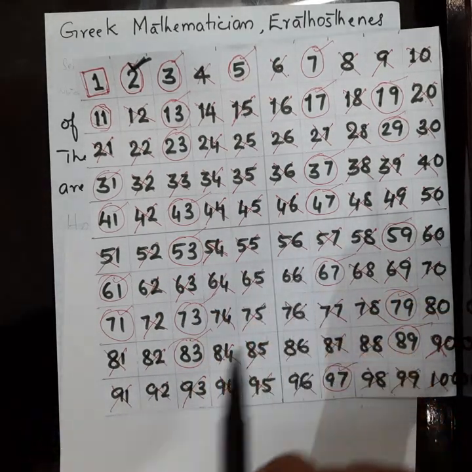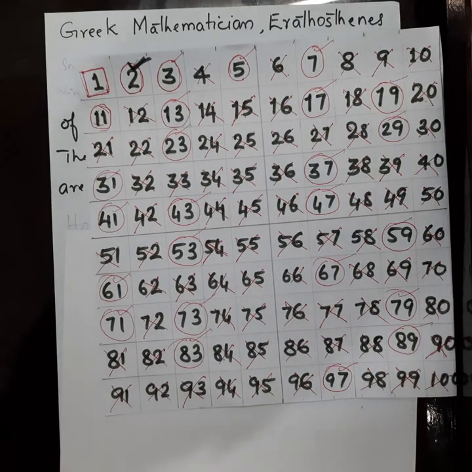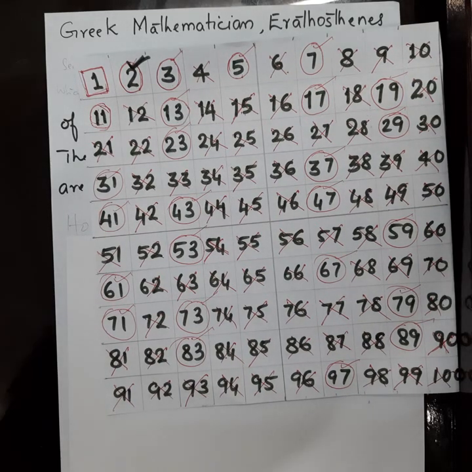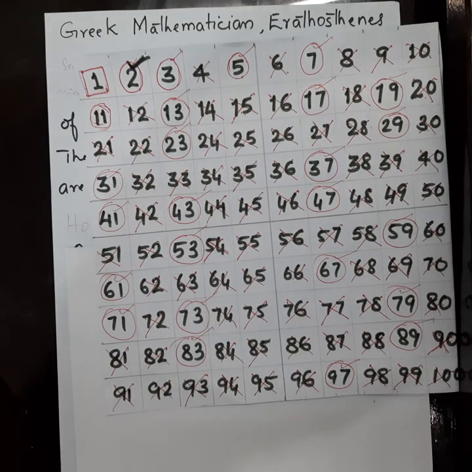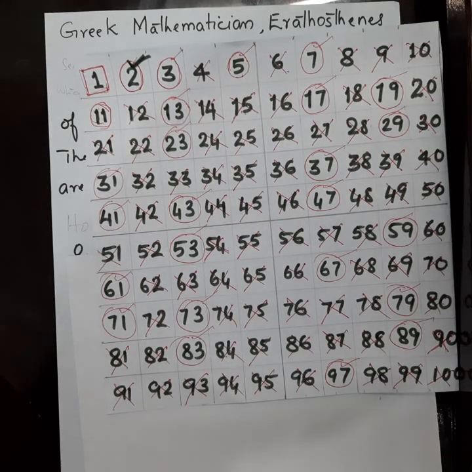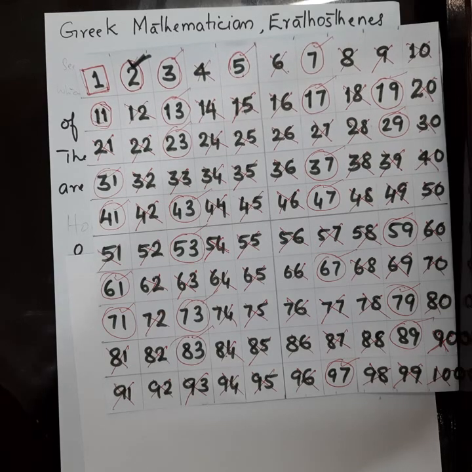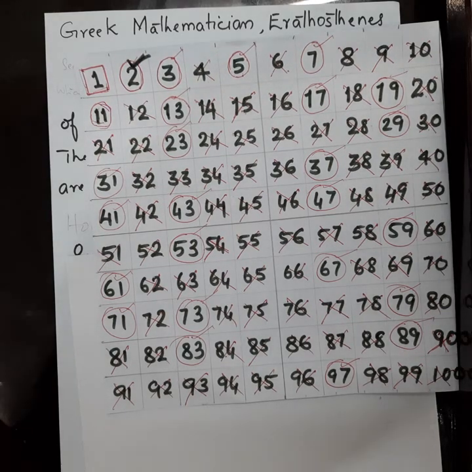Now, these are prime and composite numbers. You understood what a prime number is? A prime number has exactly 2 factors, and numbers with more than 2 factors are called composite numbers. The number 1 is neither prime nor composite. And the method of finding the prime numbers from 1 to 100 is called the sieve of Eratosthenes. I hope everyone understood how to find the prime numbers from 1 to 100 using the sieve of Eratosthenes. So let us do it as an activity.